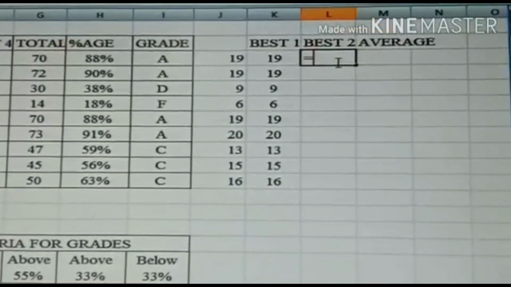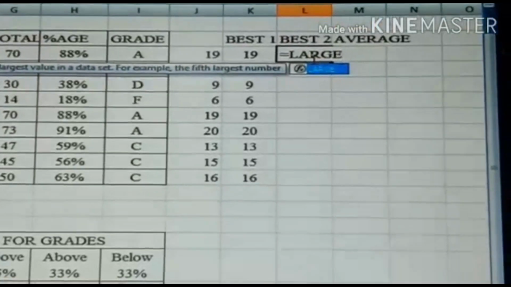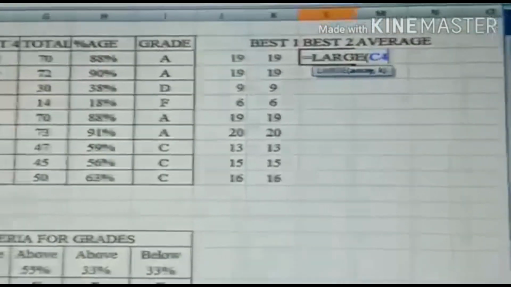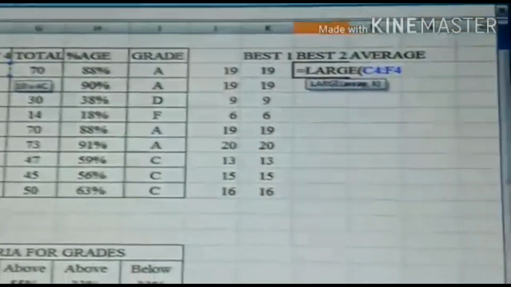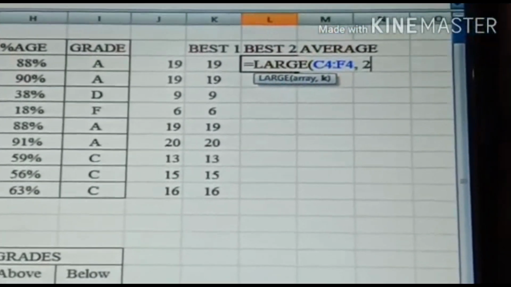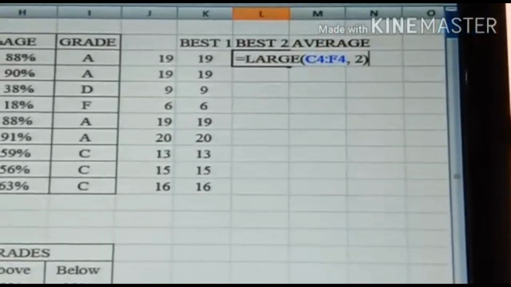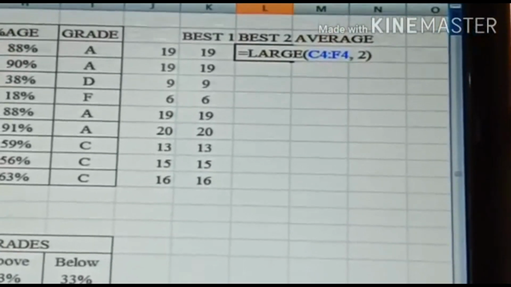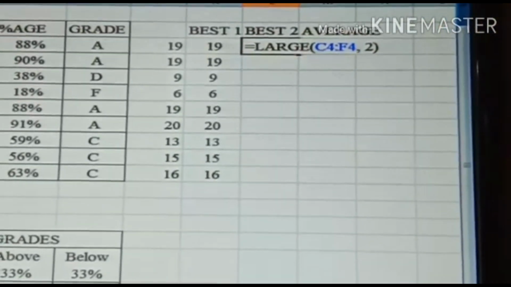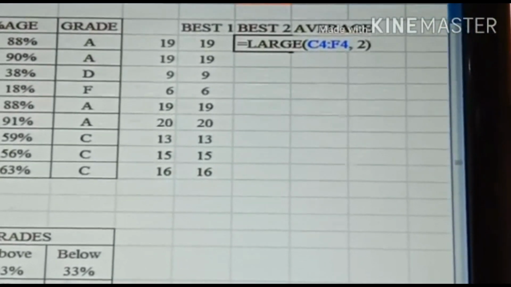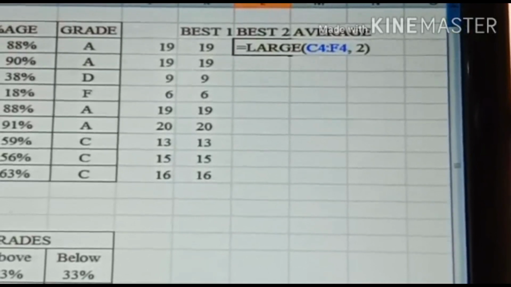Now let us find the second largest marks scored. For this, bring the cursor to the required cell and write equal sign, LARGE, then open bracket and give the range, that is C4 to F4, then comma, then write 2 and close the bracket. Criteria 2 gives us the second largest value from the selected range.